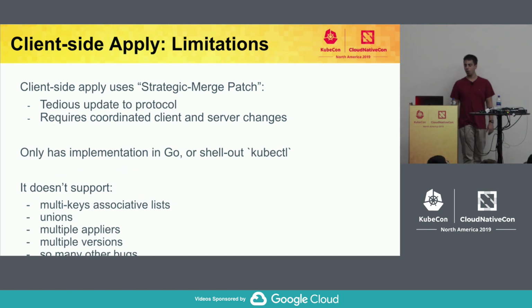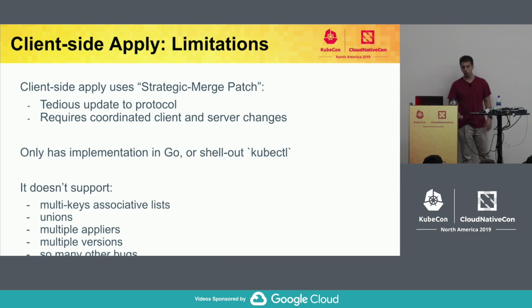We can look at some other drawbacks of client-side apply. If you're writing a library that is going to send client-side apply, it's very difficult. Constructing the SMP patch is very hard. The protocol is also extremely hard to update because it grew organically. And anytime we update the server to implement a new feature, we have to make sure the client also has the feature, and we need to make sure the two are talking the same language. It's very hard. You also mostly have to use the API Machinery library if you want to do that, which means you have to do it in Go. There is no implementation in Python or anything else. The only other option is to actually use kubectl.